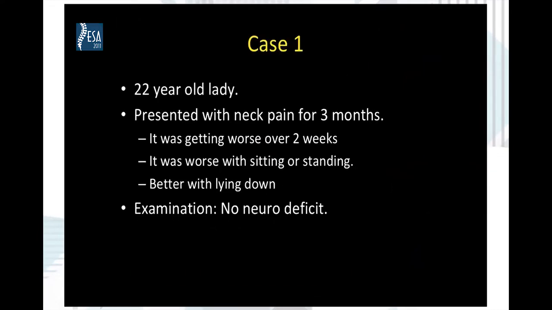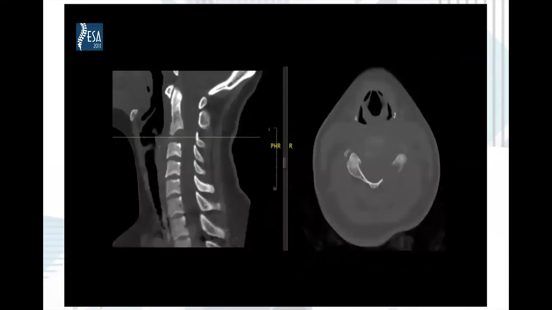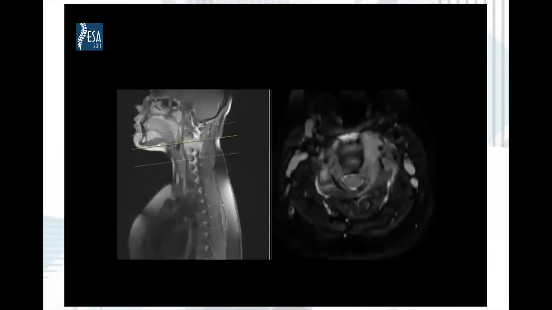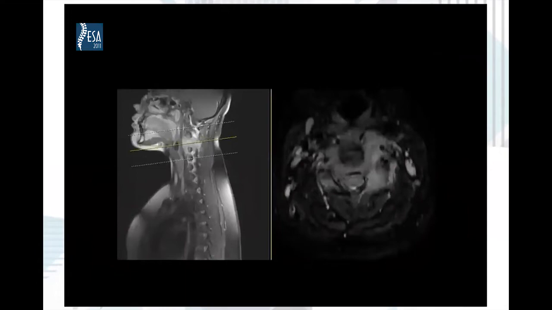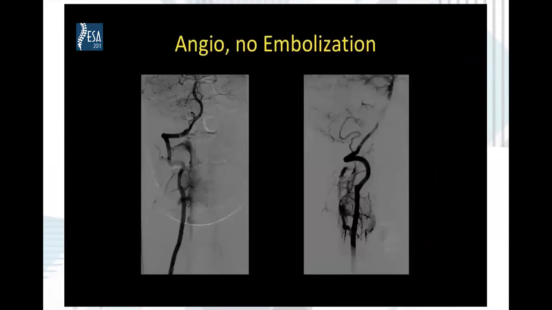This is a 22-year-old lady who presented with neck pain. However, she was neurologically intact, and she was found to have a vertebra plana of C3, because of a tumor that collapsed the vertebra and produced impingement on the dural sac. This is the CT scan, and you would notice that the vertebral artery is anatomically located on the outside of the tumor. We performed a CT-guided biopsy that confirmed a giant cell tumor, and an angiography that confirmed that the